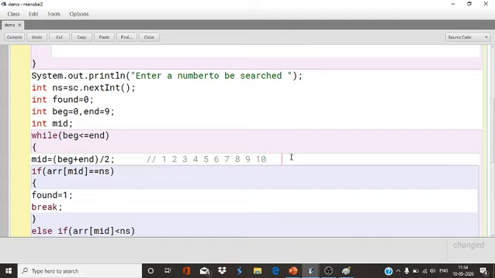Now ns equals number to be searched equals, suppose, 6. 6 is here that we have to search. So first we have to find the middle term, or we have to divide this into two halves. How will we divide? Beginning is 0 and end is 9. So 0 plus 9 by 2, 4.5.